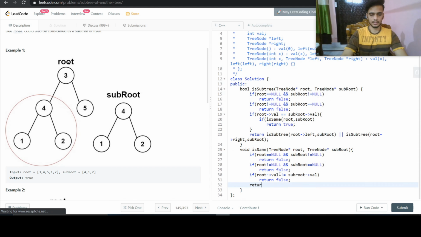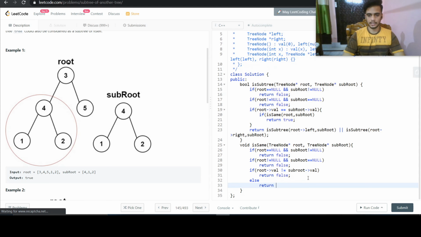Otherwise, if they both are equal, then we will check whether their left and right child are also equal or not.